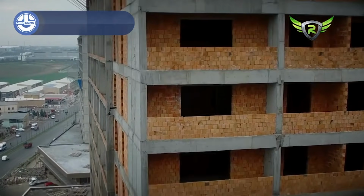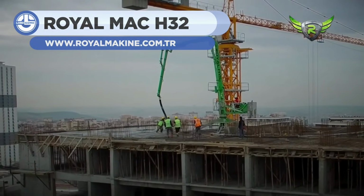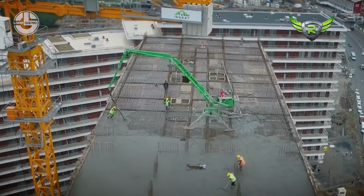The Royal Mckean H32 is a self-climbing placing boom. It has a ZR-type folding system with 4 sections, and also a 32-meter boom length and 4-meter end hose. This machine can be mounted to the building with a